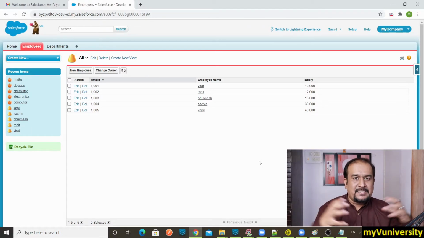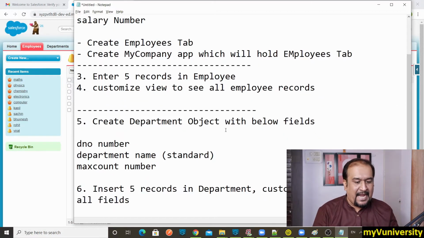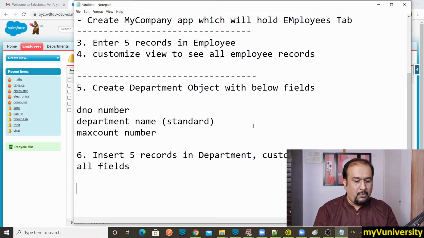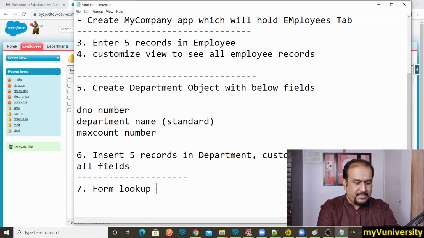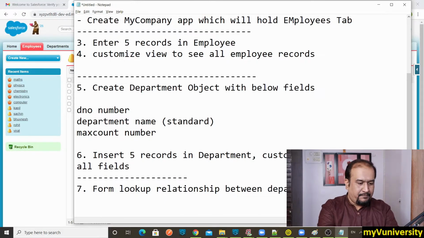Now firstly let us have the connection. Let us add a lookup field. The 7th step is the key thing: form a lookup relationship between department and employee. What do you need to do?